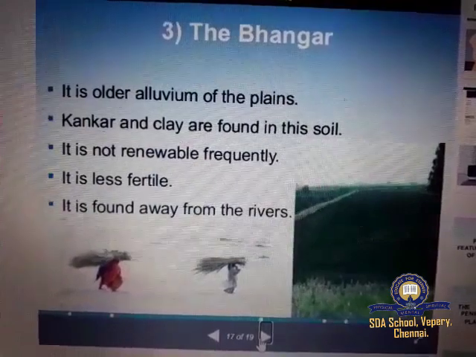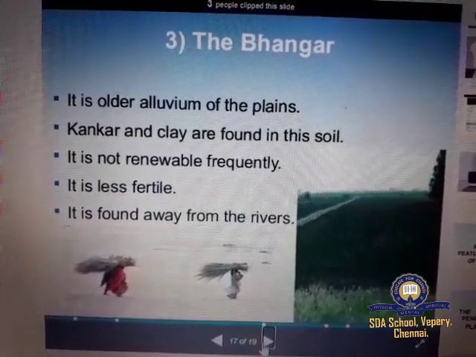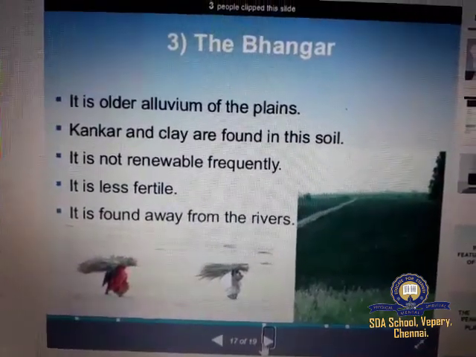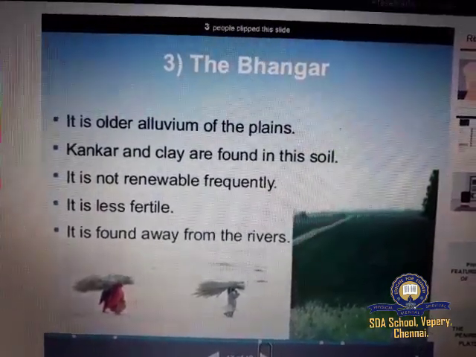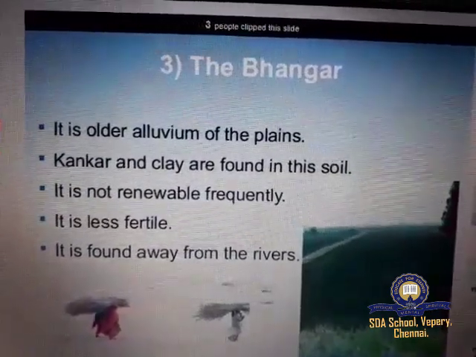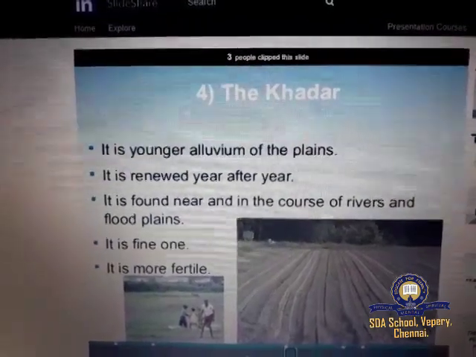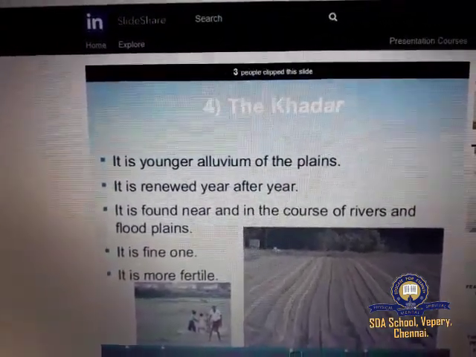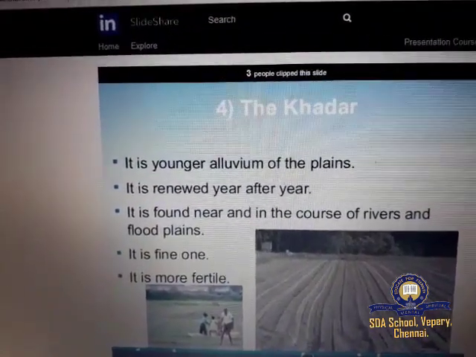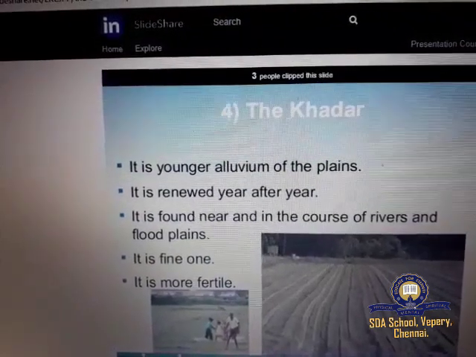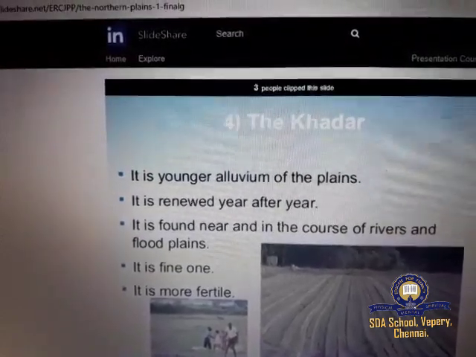The Bangar Plains. The Bangar represents the upland alluvial tracts of the Great Plains of India formed by the older alluviums. The soil is dark in color, rich in humus content, well drained and useful for agriculture. The Khadar Plains. The new alluvium tracts along the courses of the rivers are known as the Khadar or wetlands. The Khadar tracts are enriched by fresh deposits of silt every year during rainy seasons.